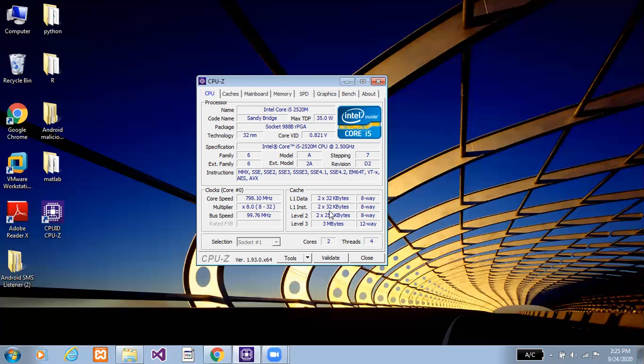Each core has 32 KB level 1 data, 256 KB level 2 cache, and all the cores share 3 MB level 3 cache. In the bottom, the core and the thread. The core represents the processor has 2 cores and can run 4 threads.